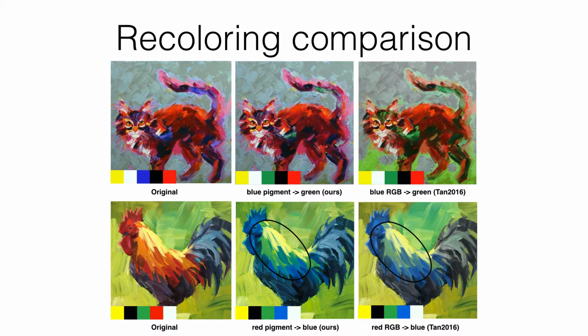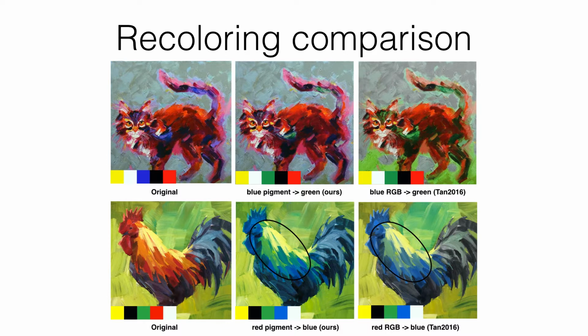We compare our model's recoloring results with digital color mixing based recoloring results. We use our palette's RGB colors for layers in Tan 2016 for direct comparison. In the cat painting, our mixing weight map for the blue pigment is sparse, and therefore the recoloring effect is localized on the body of the cat. The weight map from Tan 2016 is not sparse in the background area, resulting in some undesired recoloring artifacts. For the rooster painting